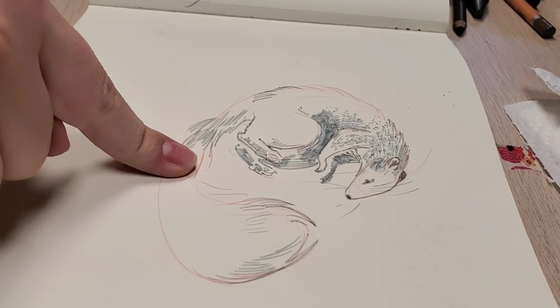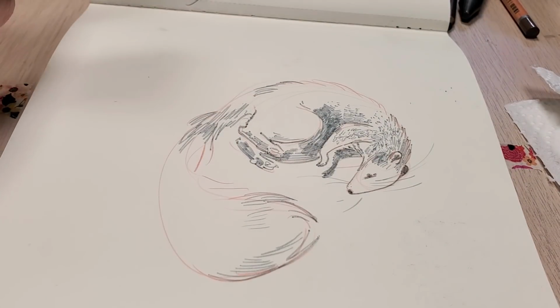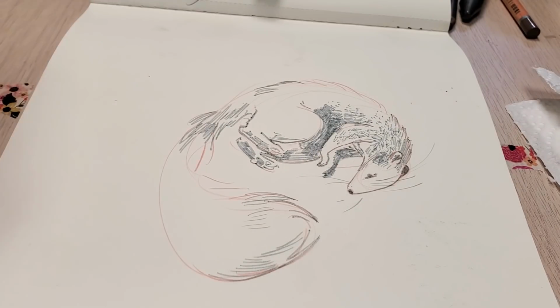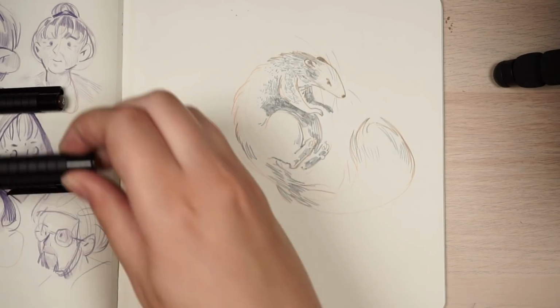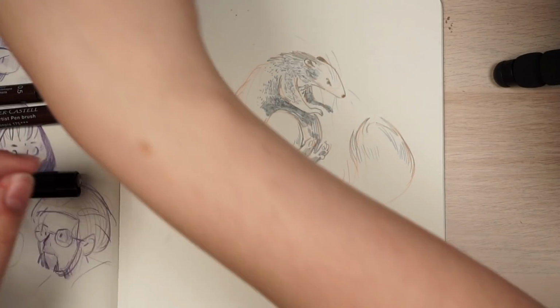So I actually drew this a few days ago, but I think it would be fun to use these supplies to kind of like finish the sketch and add more to it and make this like a woodland weird creature animal page thing. I think that could be fun. I could put some tape on it and it could just be a fun little page in my sketchbook